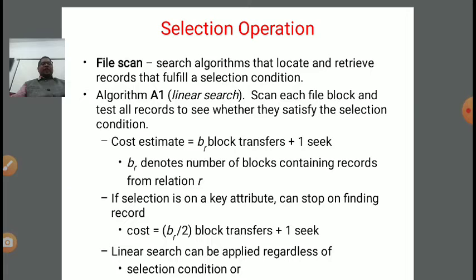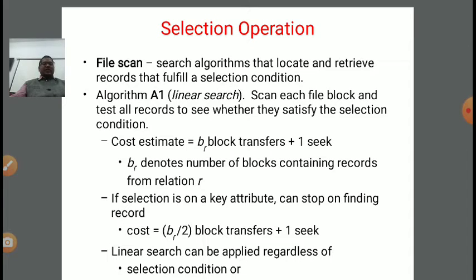If you want to estimate the cost, the cost is BR block transfers plus 1 seek, where BR denotes the number of blocks containing records from the relation R. So from relation R, we take some number of blocks, denoted in this formula by BR.